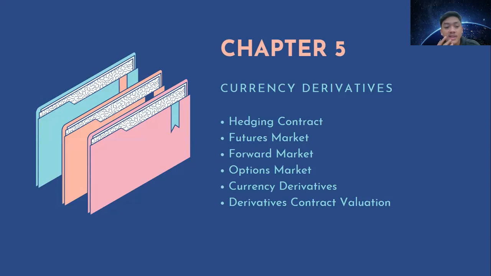And what is currency derivative? Currency derivative is a contract whose price is derived from value of the underlying currency that it represents, commonly used to hedge their exposure to exchange rate risk. And what is hedging? Hedging is the process of shifting risk in the spot market to the future market by holding derivative contract.